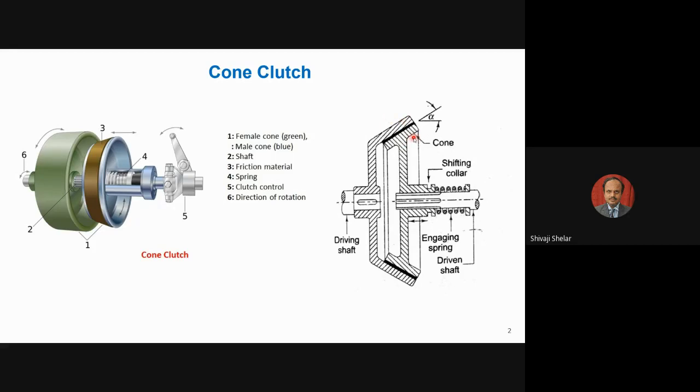Theoretically and practically it is not the same, but for assumption purposes we are taking it the same because we are assuming the thickness of this cup and the thickness of the cone is the same. We are assuming this material and this material is the same. So there is a chance the heat transfer coefficient on this surface and on this surface may be the same. So let's take an equal heat transfer coefficient on both surfaces.